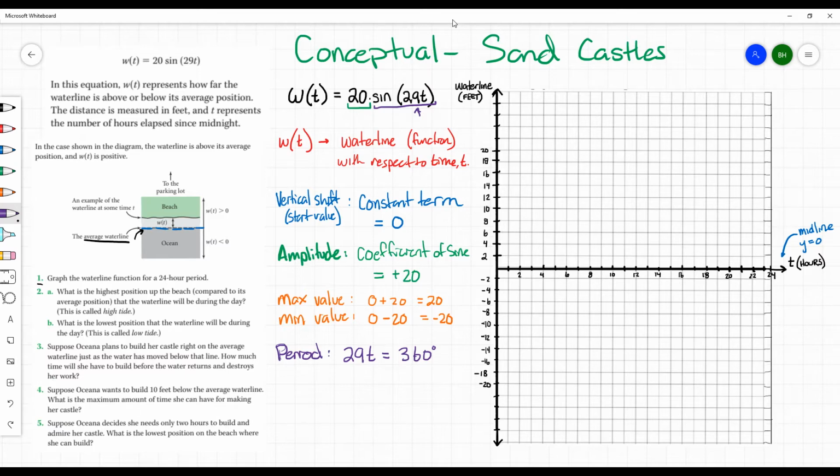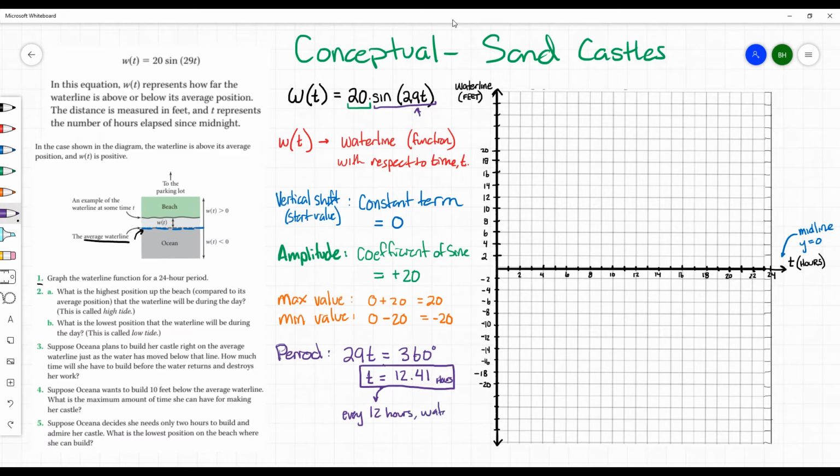And so if we use 360 to help us look at this, and we go to solve for this, we end up with t equaling a value of 12.41. Okay, and we're dealing with hours. So I'm going to put hours. Okay, so what this essentially means is every 12 hours,